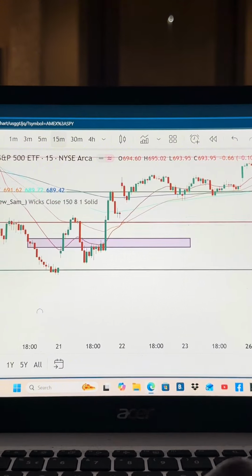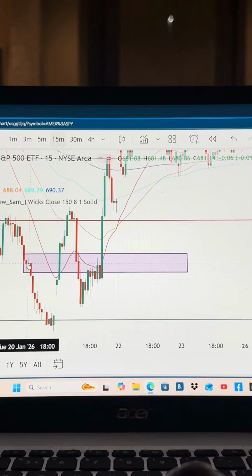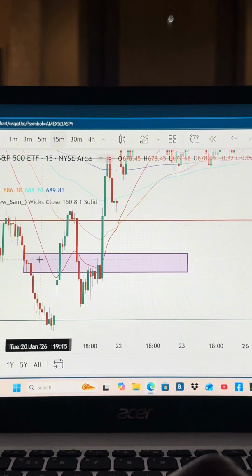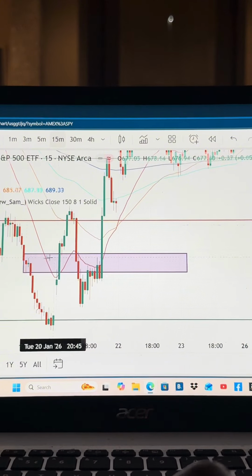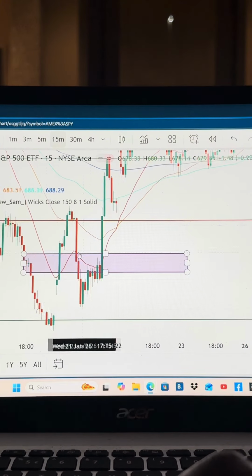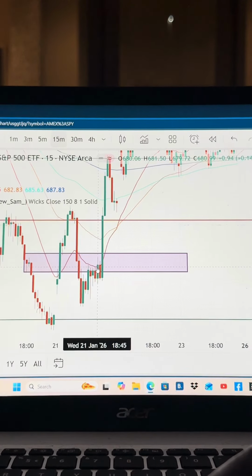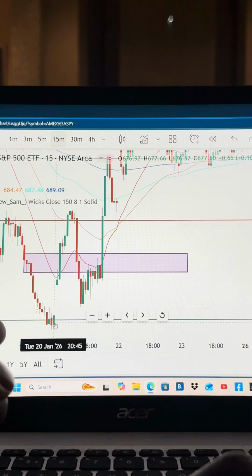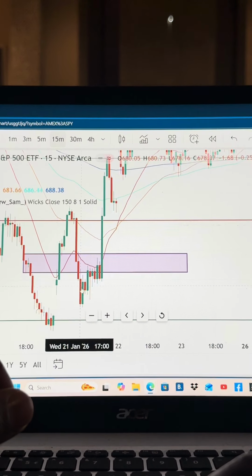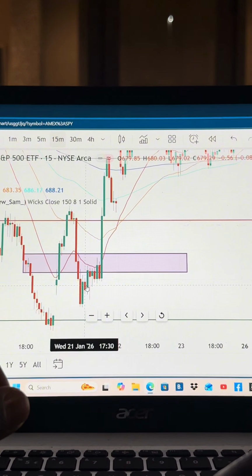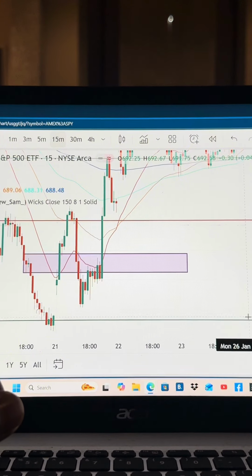Right here, here we go. This is it. Now the reason for me to have that was because of this right here. It came down, but I seen this little green wick. I knew this was going to be a key level. It came back up. What did it do? It shot right back up to this zone. Came back down to the zone. And guess what? I know it's a positive and key zone, a key demand, where it was supply, but now it's back. It was supply at one point, because it touched it 1, 2, 3, 4, 5, 6, 7, 8, 9. Next day shot up almost